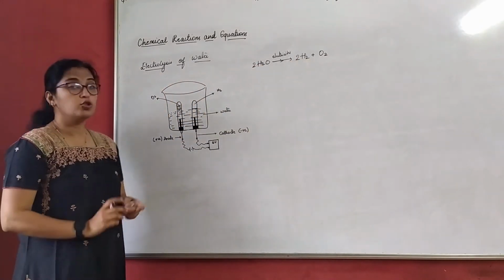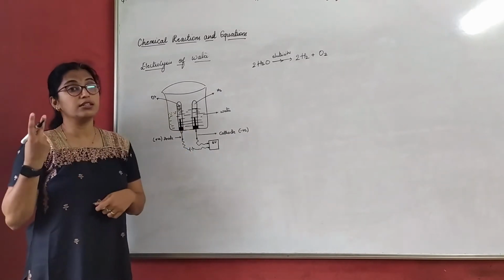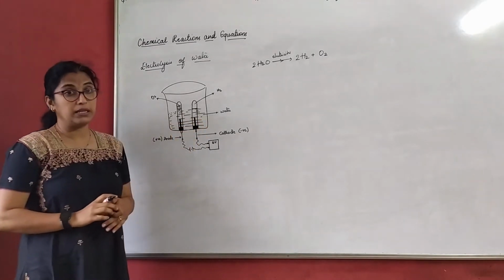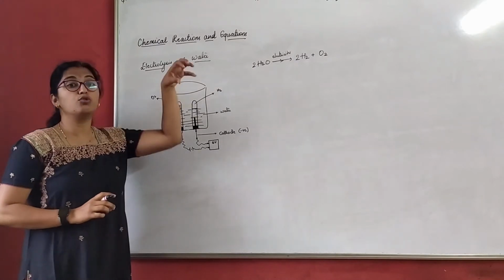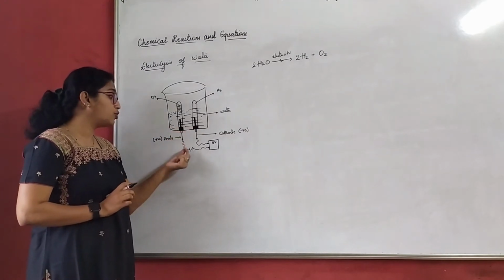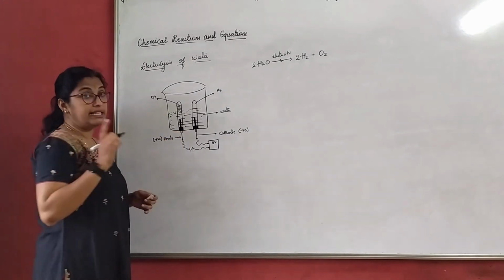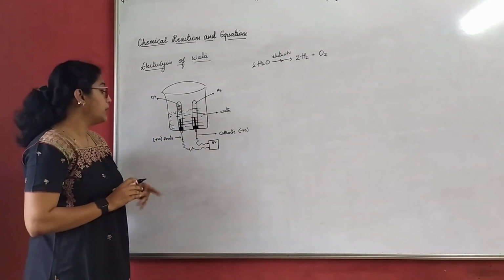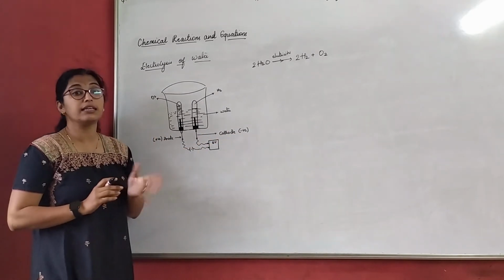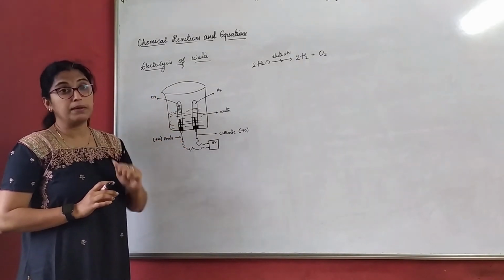How is this done? We take a beaker, make 2 holes in the beaker and insert 2 carbon electrodes. These black things you can see are carbon electrodes. Then invert 2 test tubes over the carbon electrodes. Connect the ends of the carbon electrodes to a 6-volt battery. One terminal is negative and one terminal is positive. The positive terminal is called the anode and the negative terminal is called the cathode, right? Those are nothing but the ends of the terminals of the carbon electrode.